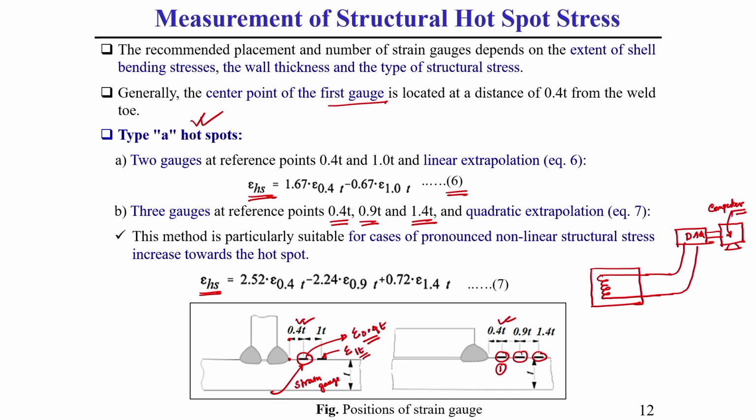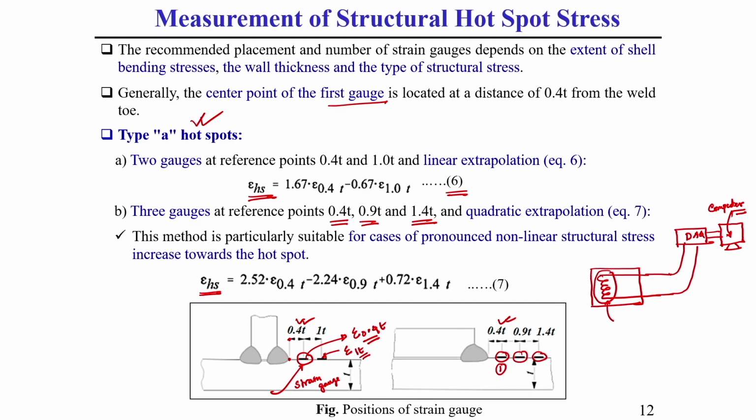With this system we can predict, once the structure is subjected to loading, how much expansion or contraction occurs in the strain gauge. A strain gauge is a very thin film type, with a very thin filament type of wire. Once it is subjected to expansion and contraction, this is calibrated by the DAQ system. From the DAQ system, with the help of the computer, we can extract the strain value. Understand what I am telling?